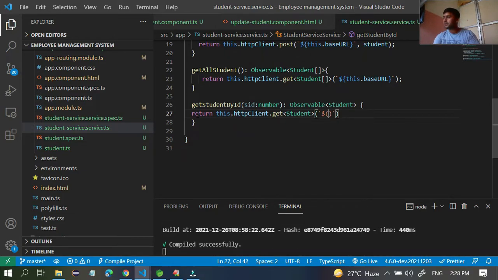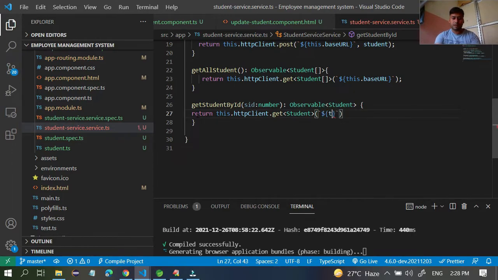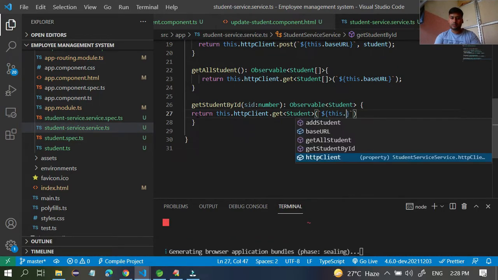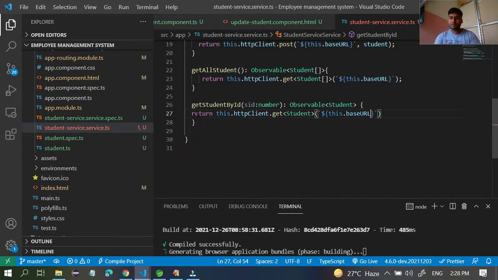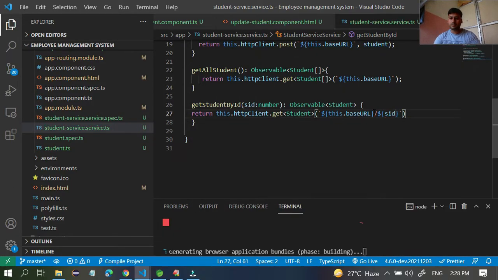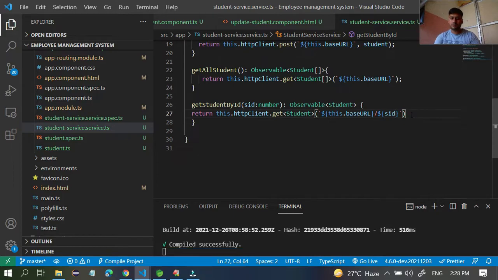What is the path? You can give this dot base URL, then after that slash, one more dollar, one more open bracket, sid. Pass this one, close this one.